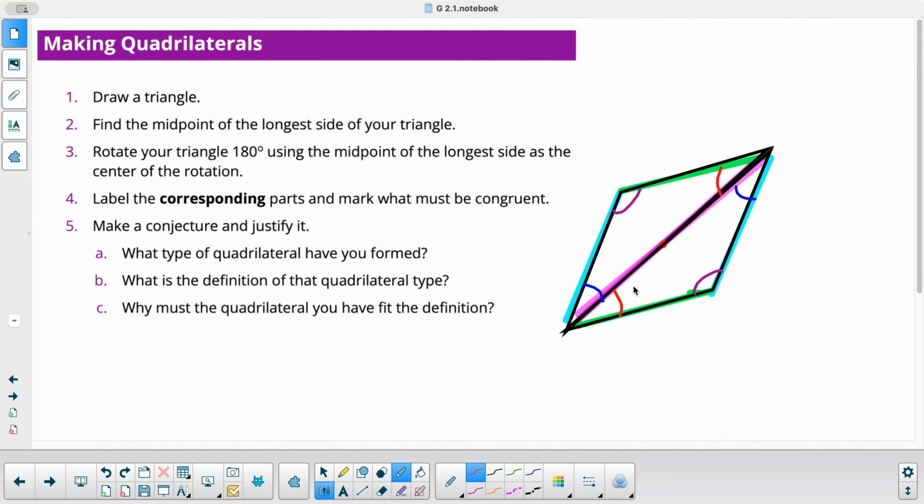So what type of quadrilateral must it be? I would say a parallelogram. And why? Because these are alternate interior angles. If you were to think of the top and the bottom as two parallel lines, these red ones here are alternate interior. This is my transversal cutting through. Okay, so